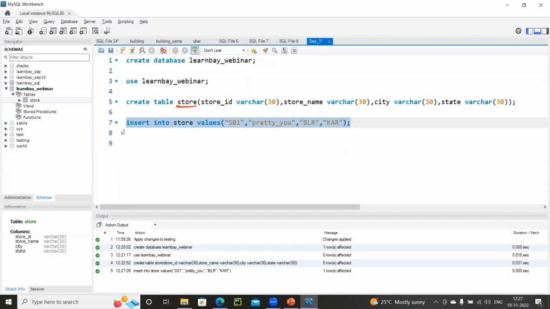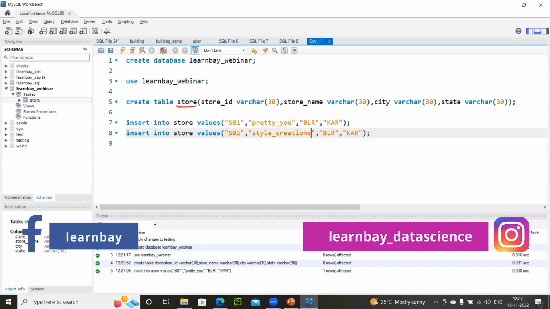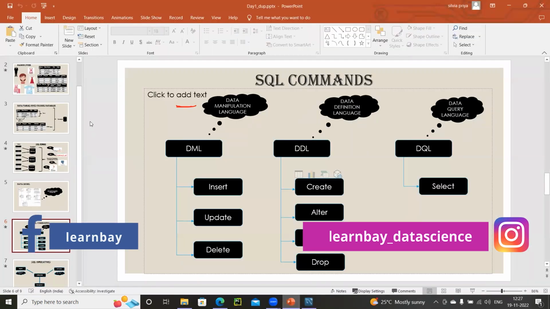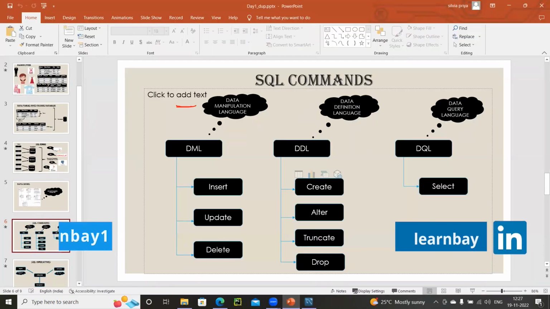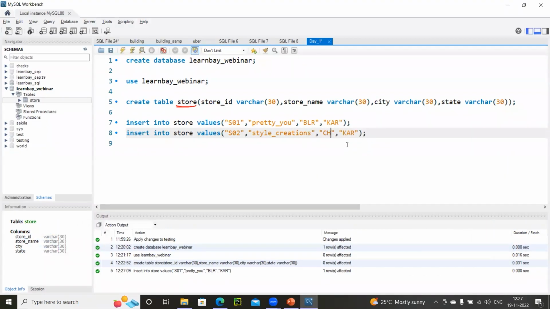Now I need to insert one more value. So I'm going to S02 and I'm calling a different name here. Style Creations, right? Some name. And I want to keep it in Chennai and I want to keep it in Tamil Nadu. And after that, one more entry finally.